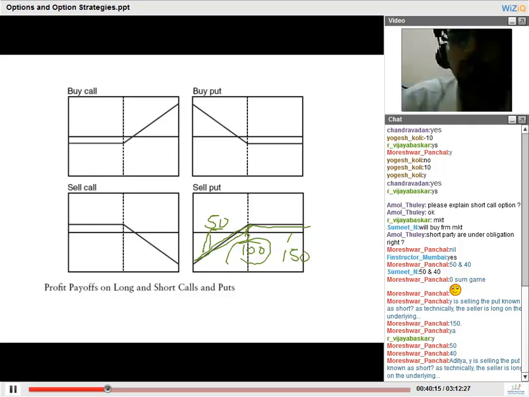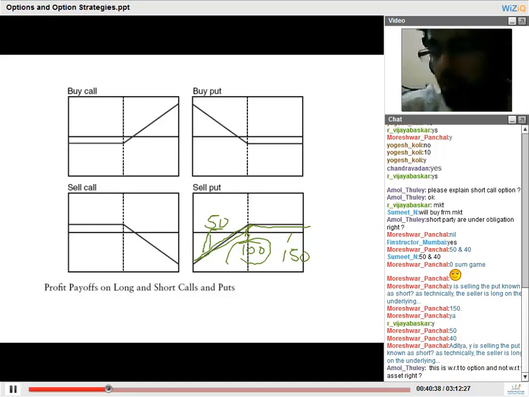So guys, we understood a very important concept. We understood the payoff diagrams on calls and put options. Now we'll understand a very interesting concept called the put-call parity. Later on in today's class, we'll understand how to value, or how does the seller decide what premium should I charge. I'm giving this guy an option. Should I charge 100 rupees? Should I charge 10%? Should I charge what price?